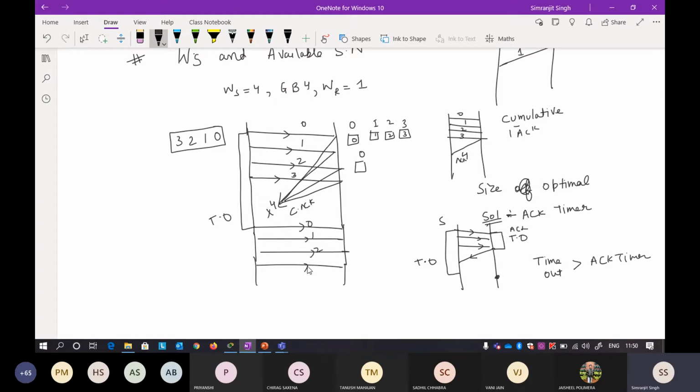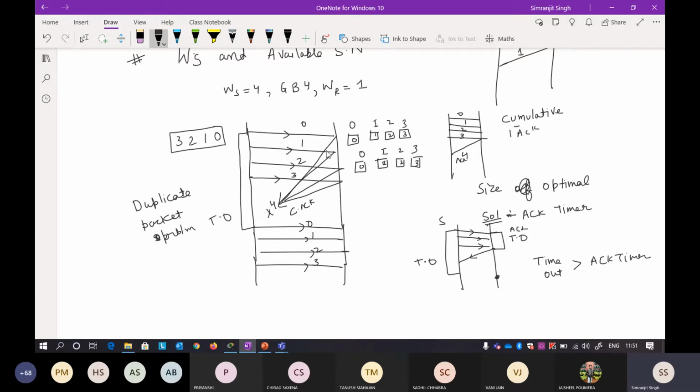We already know this. When it transmits the whole window, think from the receiver side. The receiver thinks it is different data than the previous one, because the sequence number is similar. But the sender, because it did not receive the acknowledgement, is sending the same data back. This is the duplicate packet problem that we already faced earlier. From the receiver side, the receiver thinks it is a different packet, but the sender knows it is the same packet because it didn't receive the acknowledgement.